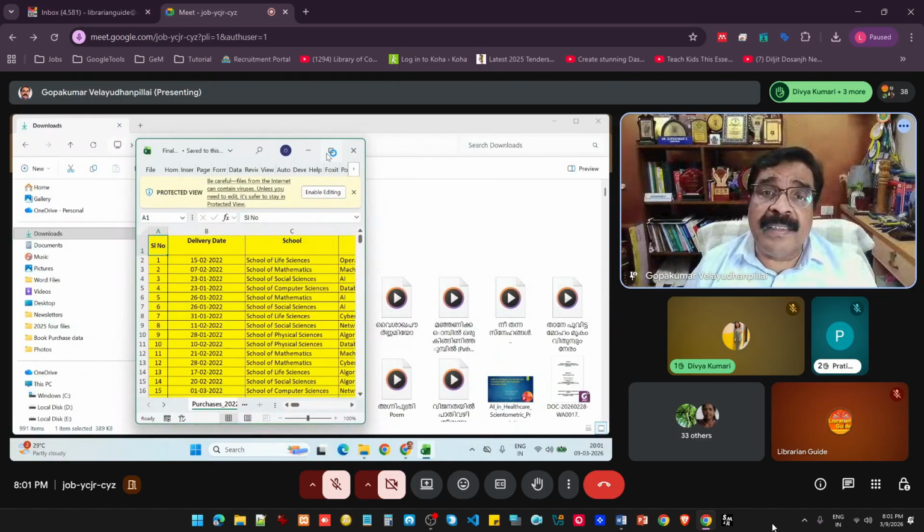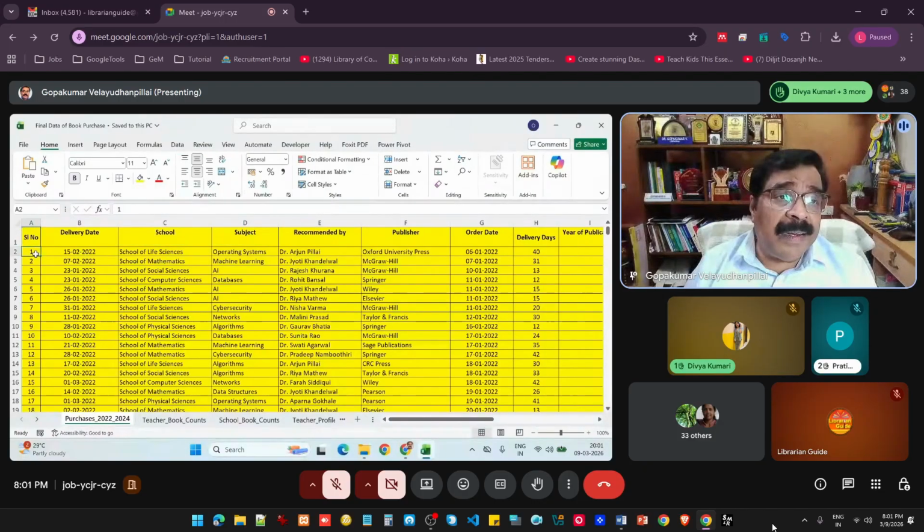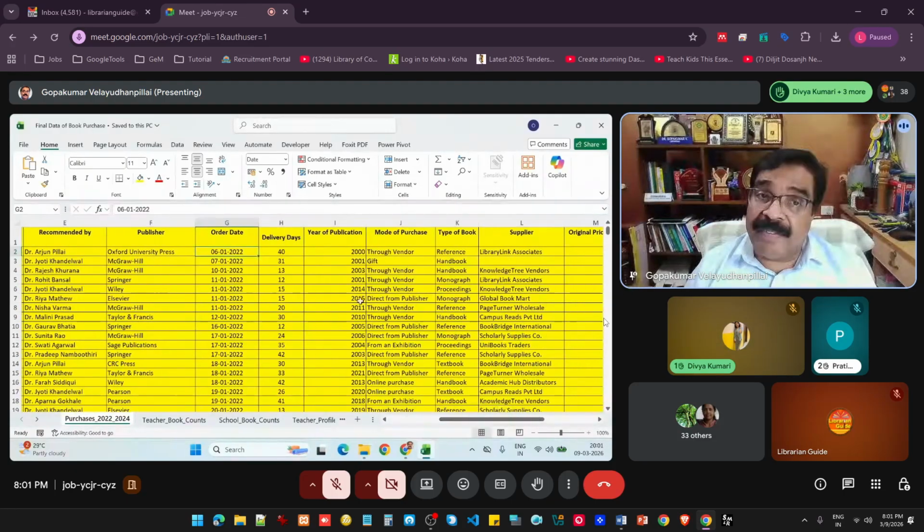So this is it. You can see serial numbers are there, which date it was delivered to the library, which school has recommended. So this is a university library, we have multiple schools, and this is the subject of the book, this is the name of the teacher who recommended the book, this is the publisher, order date of that particular book, delivery days after the order, within how many days you got the book, year of publication of the book, mode of purchase, whether it is purchased through a vendor or a gift or direct from the publisher,